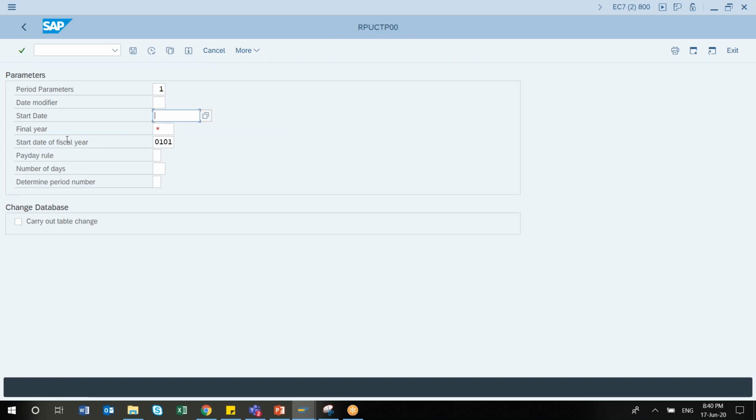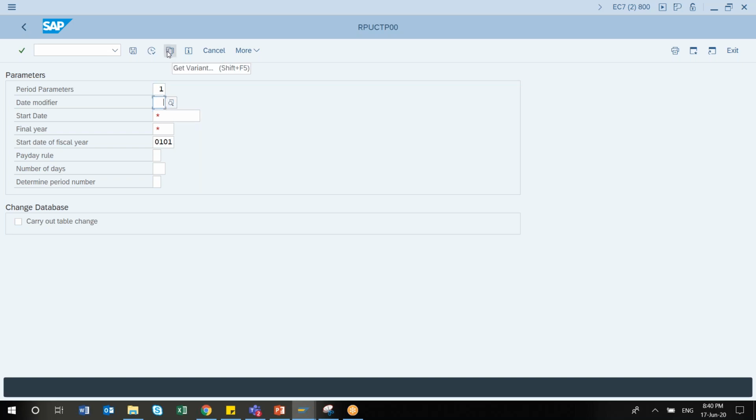How to create a variant? Variant, I think I have not explained to you, right? It's okay. Whenever you are using any program, this is applicable for any module of SAP. Okay, not only for HR, any module of SAP. Suppose on a regular basis you are using a particular program, like your payroll driver program. What you can do is predefine some of the fields.